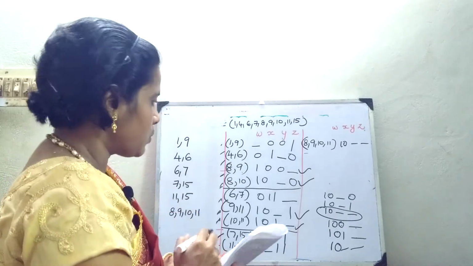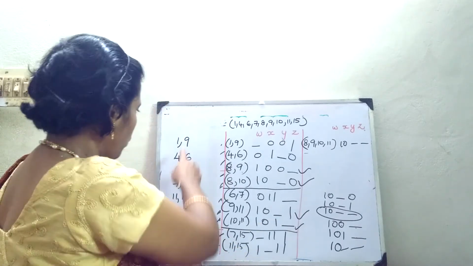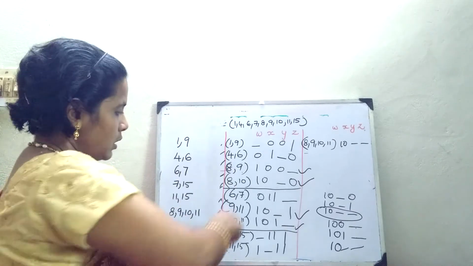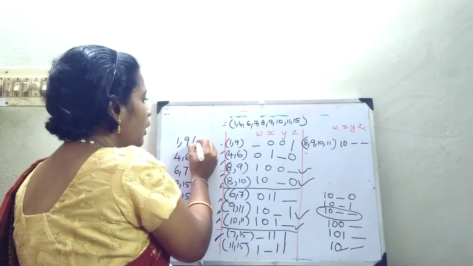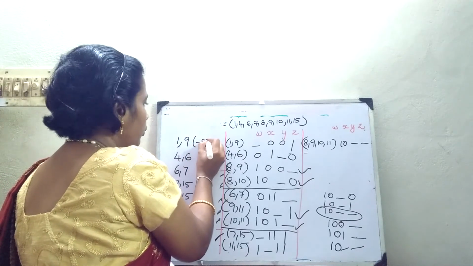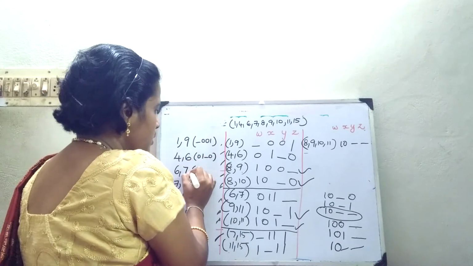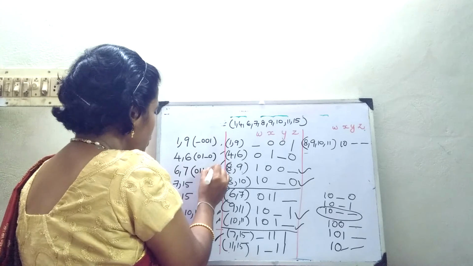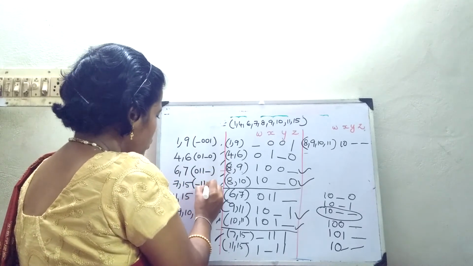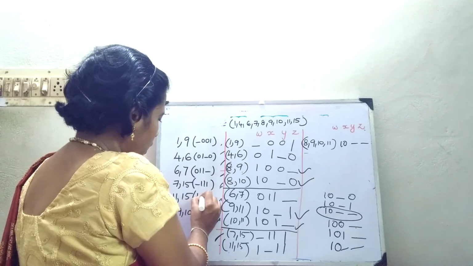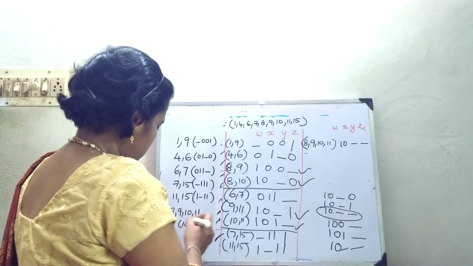Okay, the terms which are unchecked are going to be your answer, which has to be simplified further. So whatever the terms which are unmarked, I have written it here, and correspondingly if you want, you write the values also. 4, 6 is 0, 1 dash 0, 6, 7 is 0, 1, 1 dash, 7, 15 is, so this writing is just optional, 11, 1 dash 1, 1, and for this it is 1, 0 dash dash.